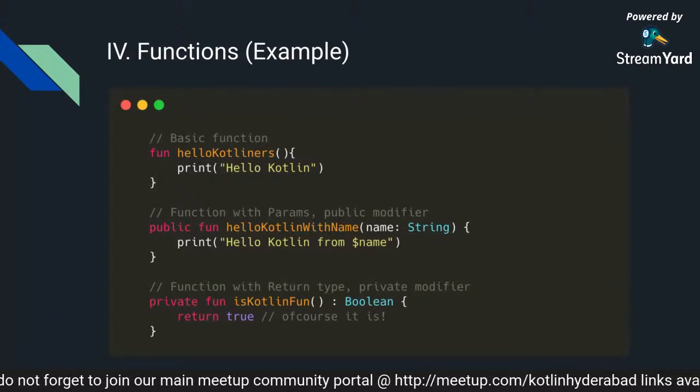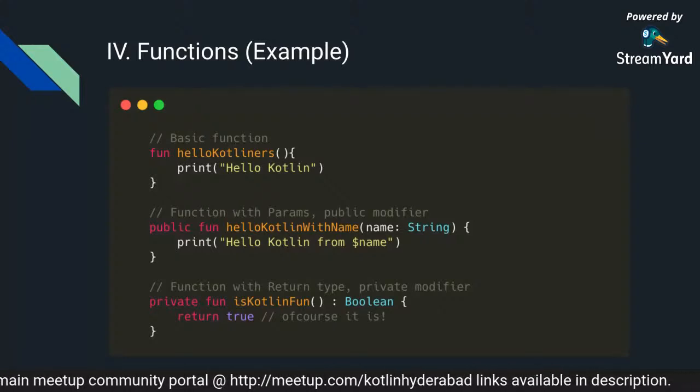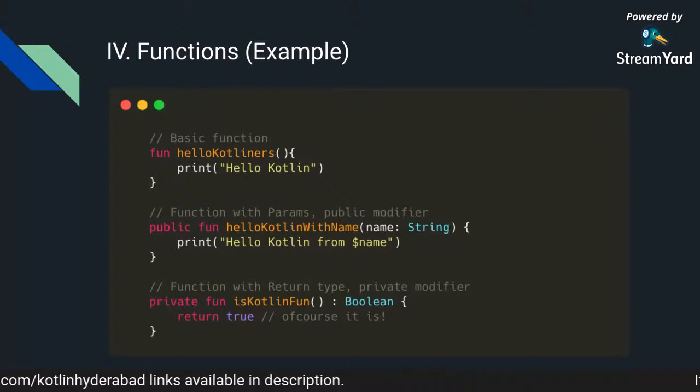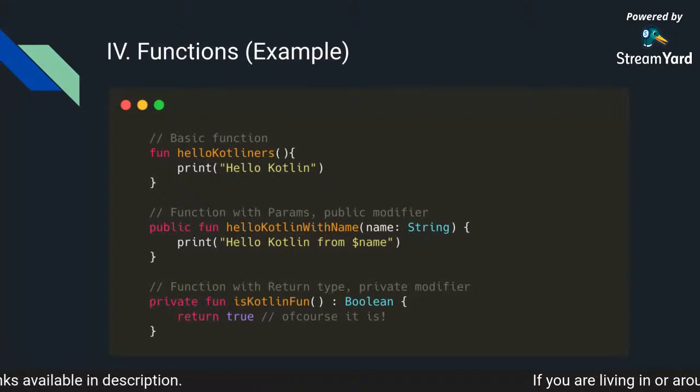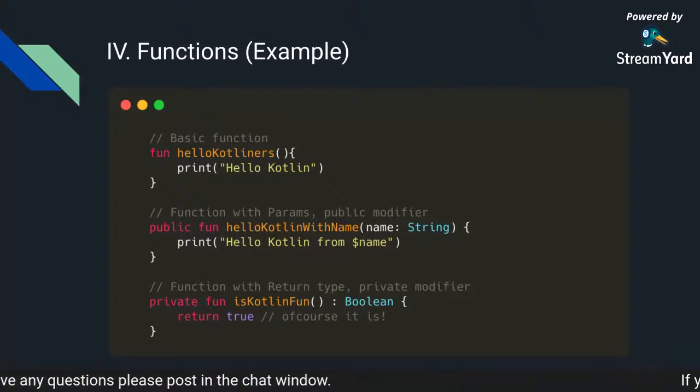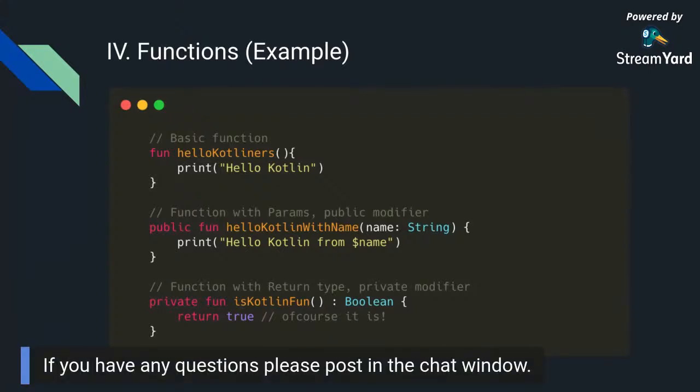So what does that mean? It means that you can modify a string as and when you want by just using this $. So here the name is a property, or it could be anything, a variable. It could be a local variable as well. But I can use that in my string directly by using a $. Same way, if it's an integer, any other value, you can just directly use it. No need for appending strings with string 1 plus string 2 plus string 3. No need to do all of that. You can just directly write a string like this pattern.